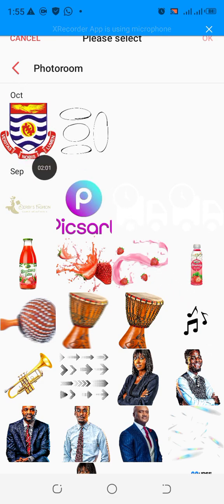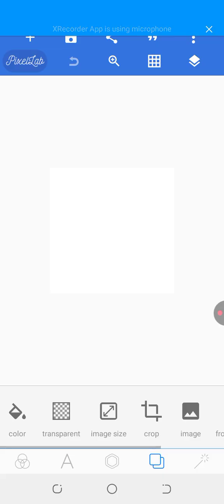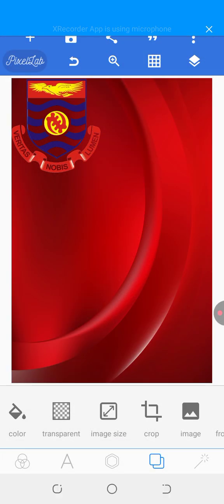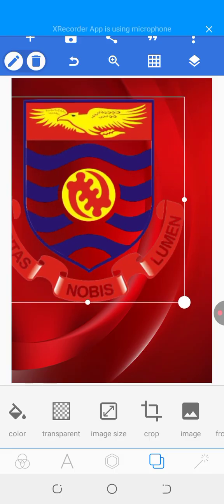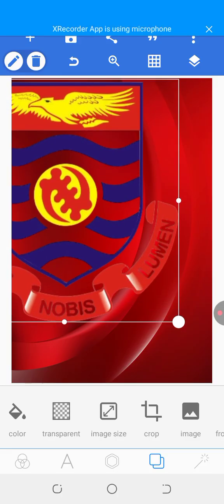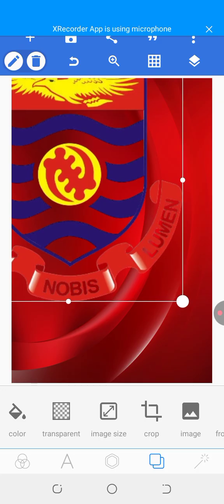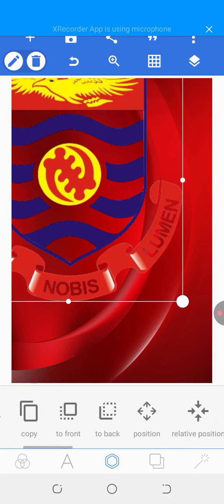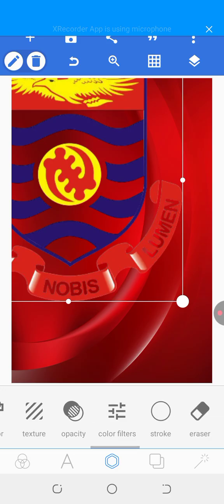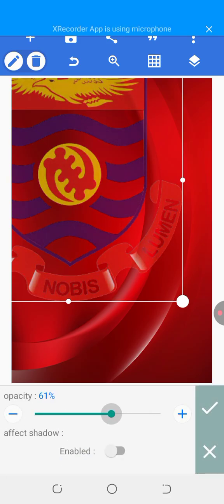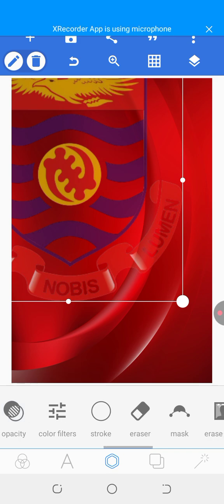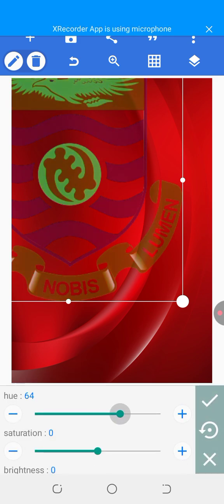So here we are bringing in the logo of the school, and we're going to just fade it into the background a little bit and make some design out of it. Alright, so we click on OK here, and we have it right here. We just increase it somehow like this, and then we'll go to opacity, and then we'll try and reduce it, and then we'll go to color filters,